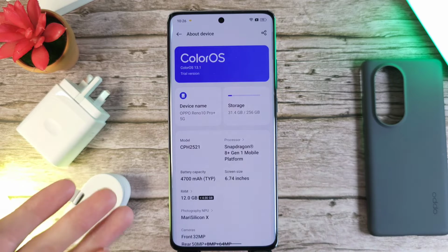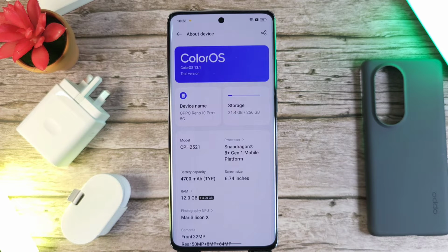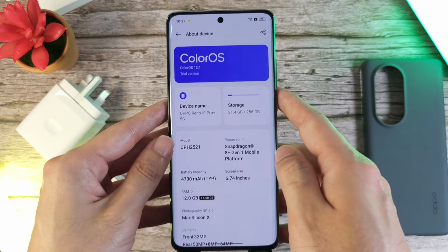And in terms of the battery as well, 4700 mAh, so it's able to give you a full day of battery. And like I mentioned before, if you want to charge this up, you can use the Super VOOC 100 watt charger. And of course, right out of the box, this phone does come with ColorOS 13 on top